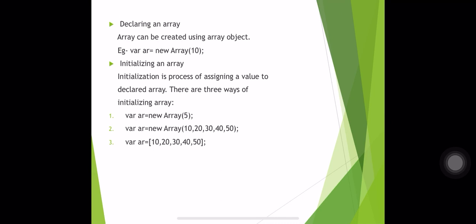Let us see in detail with the help of an example how you create an array, declare an array and initialize the array in these three ways. This is the example of creating an array. Let us see the code line by line. First is doctype HTML, that is document type HTML. Then your HTML tag and head tag. Inside the title tag, the title is Array Demo. Then close the title tag and close the head tag. Open your body tag. Then the script tag is opened.